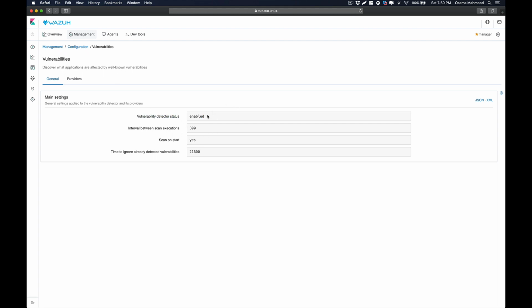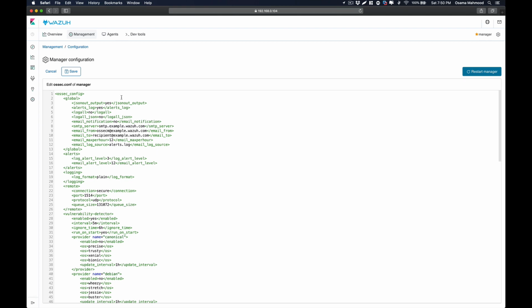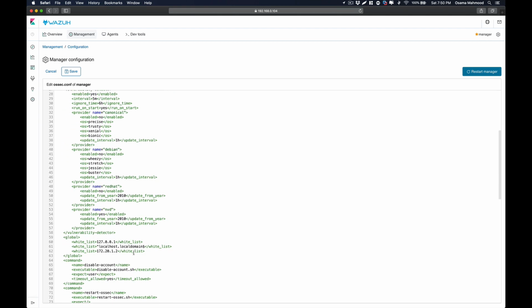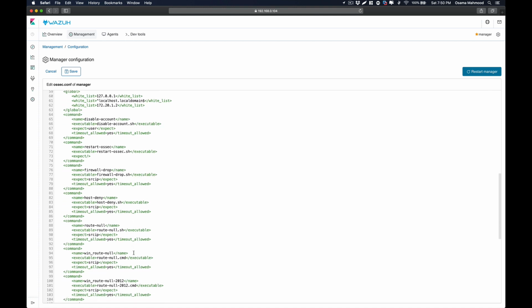So in my case I have already enabled the vulnerability detection, and just to show you how you can do that, just click on go back to configuration and click on edit configuration and just scroll till you see the vulnerabilities section over here.